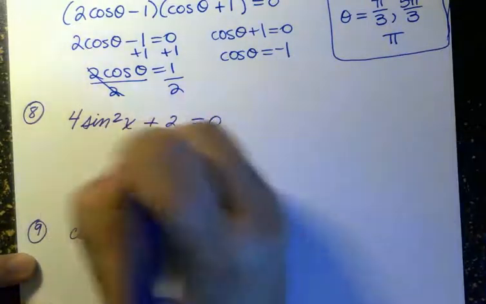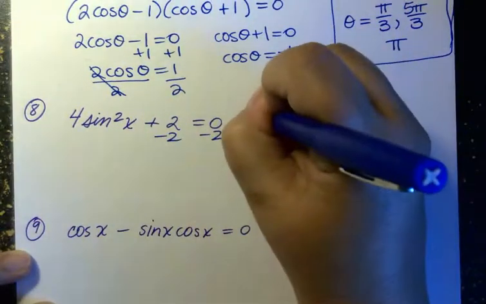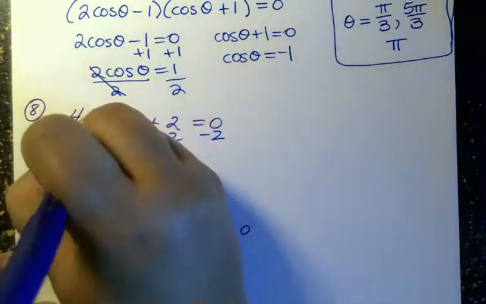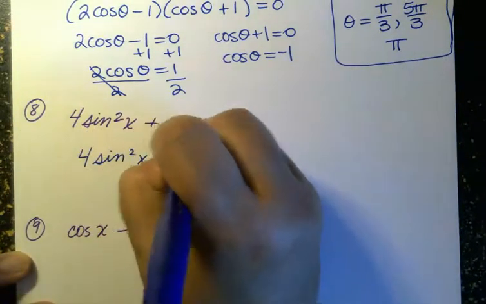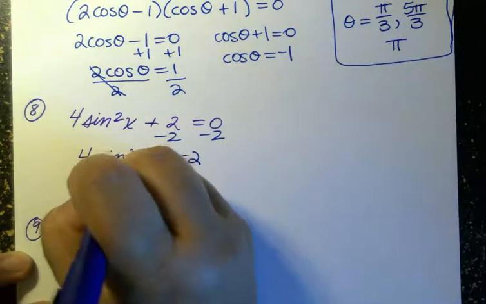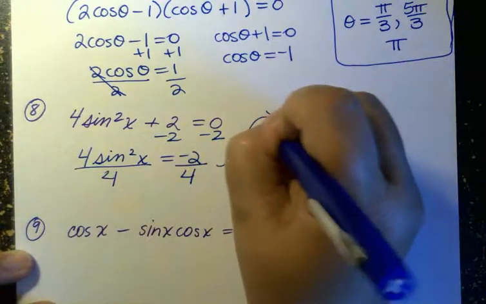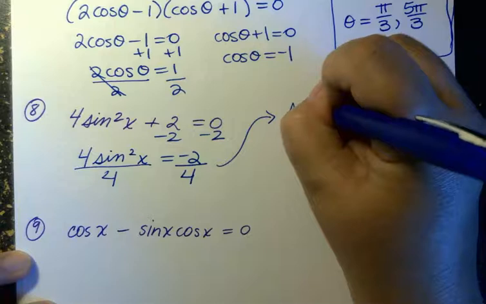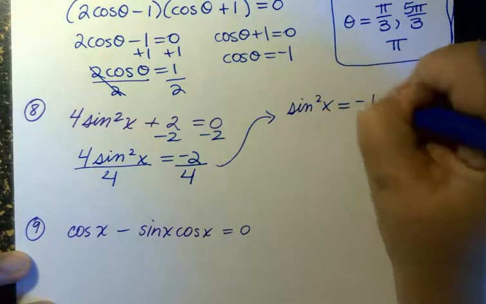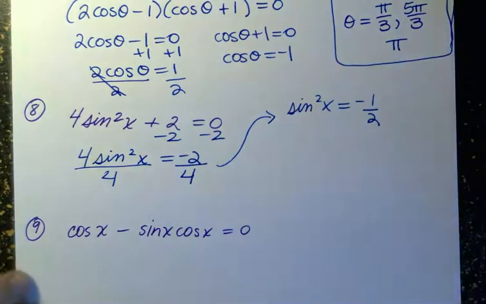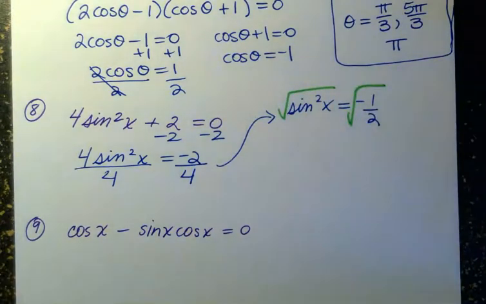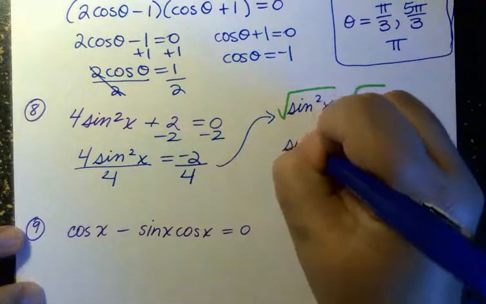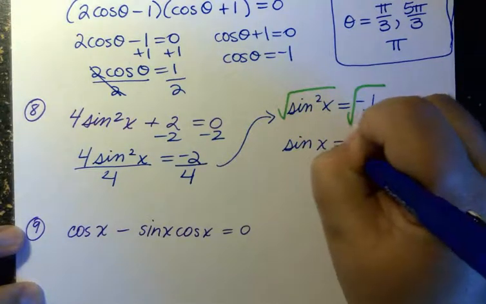Subtract 2 from both sides. I'm going to come up here to see if it gives me a little bit more room. Well, let's start here first. 4 sine squared x equals negative 2. Now we'll bring it up here. This gives me sine squared x is negative 1/2. Okay, so now I need to take the square root of both sides. Sine of x equals,